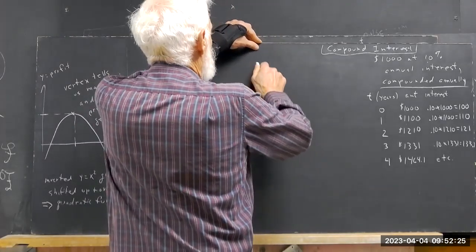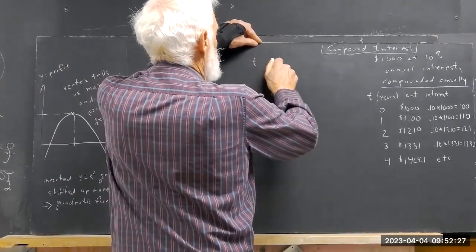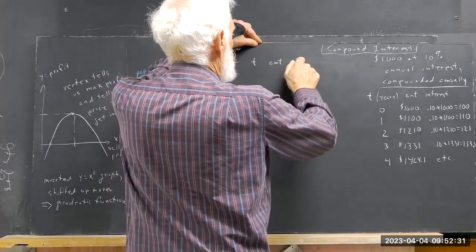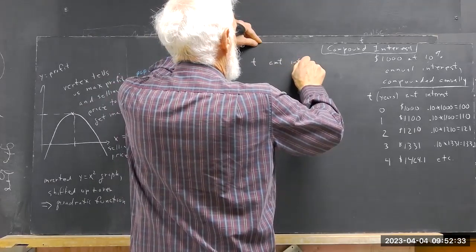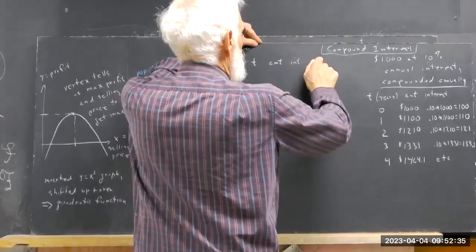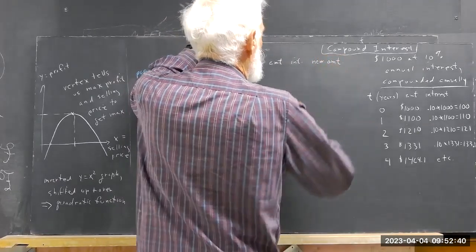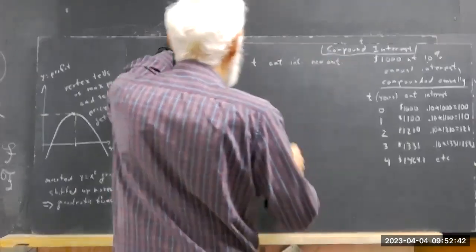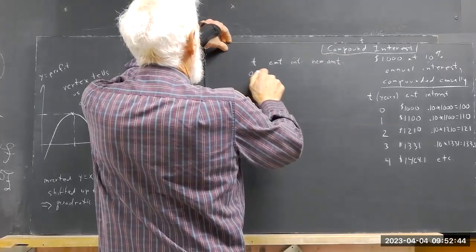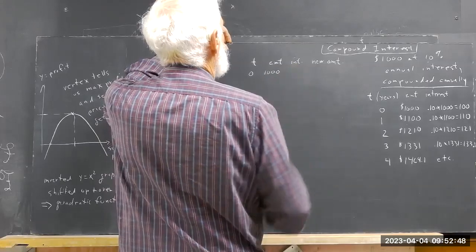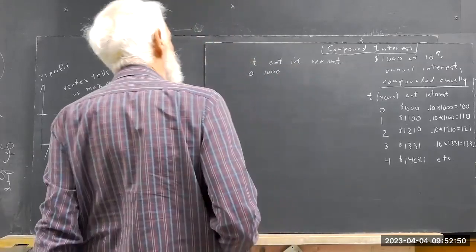Okay, so we got T, we got the amount, we got the interest, and then we got the new amount. And I'm going to write these out just a little bit differently. Okay, so we got 0, we got $1,000, we've got $100, and